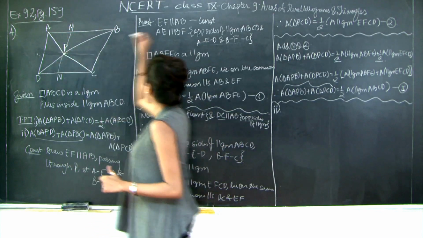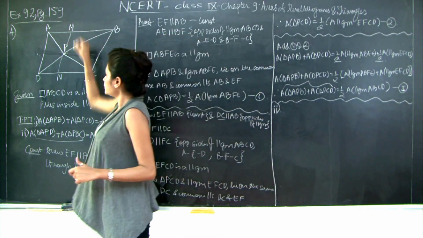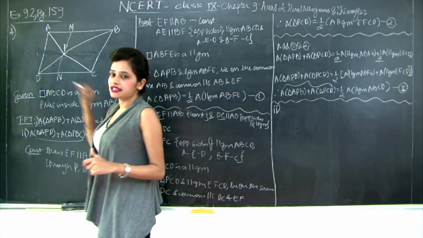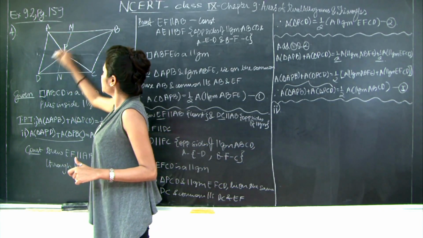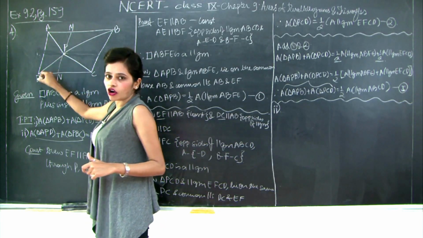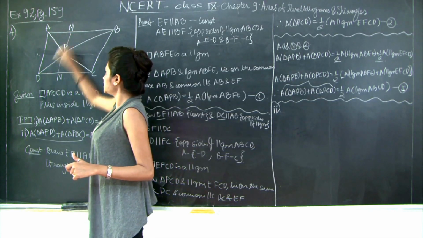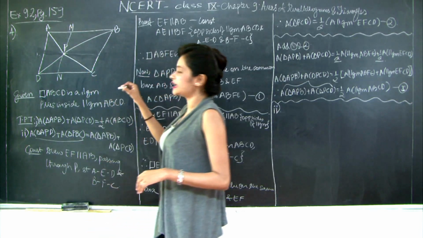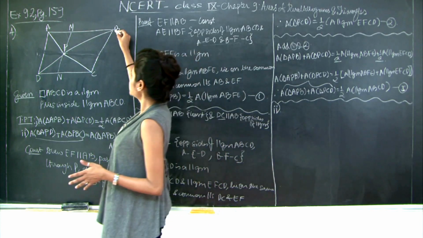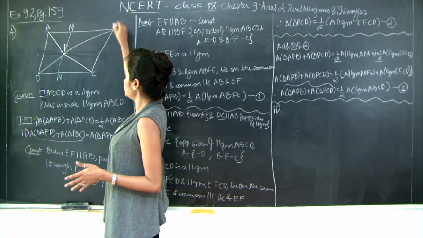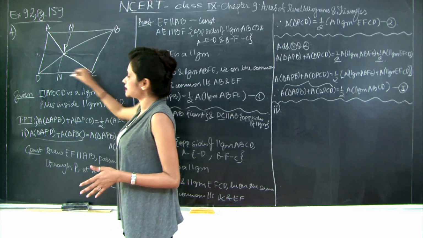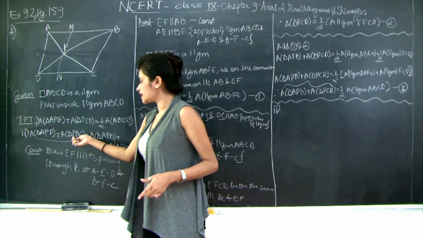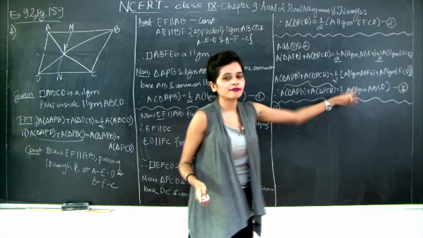Similarly, just like we proved here that ABFE was a parallelogram, I am going to prove that AMND is a parallelogram. For this triangle APD and parallelogram AMND, they have a common base and common parallel, that's AD and MN. Therefore, the area of APD is equal to half area of my parallelogram AMDN. Similarly, I am going to prove that area of triangle PBC is half area of parallelogram MBCN. Then when you add them up, this is what you will get, that area of triangle APD plus area of triangle PBC is equal to half area of parallelogram ABCD.